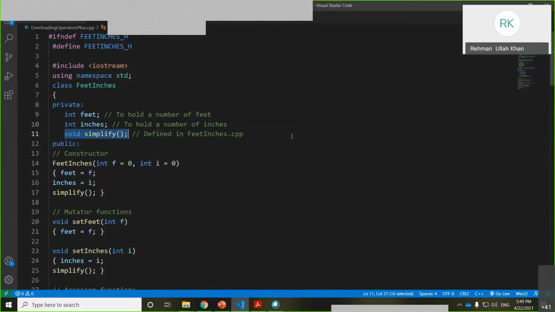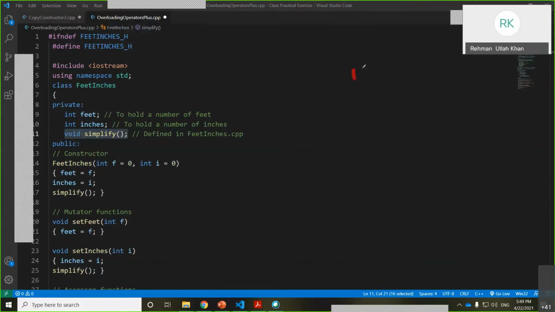This simplify function is converting the inches to feet and feet to inches. As I told you, 1 feet is equal to 12 inches. So if someone enters 13 or 14 inches, then the system should automatically convert this 13 inches to 1 feet and 1 inch, and vice versa.